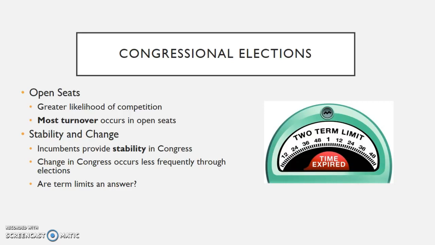Now, one thing to note with incumbency, one good advantage is that it does provide stability, which allows members to be more familiar with the process and more experienced in that respect. But at the end of the day, change in Congress does occur less frequently through elections. It's really open seats or scandals. Some have wondered if term limits are the answer. Texas tried to impose term limits. That was actually declared unconstitutional, with the Supreme Court ruling that an amendment would be needed because this came from the states. So that is congressional elections and Congress's respective powers.